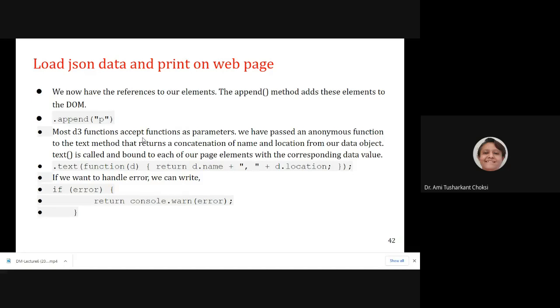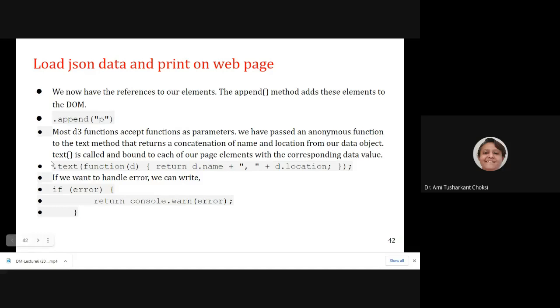Most D3 functions accept functions as parameters. As we have already done, we have passed an anonymous function to the text method that returns a concatenation of name and location from our data object. How have we done that?